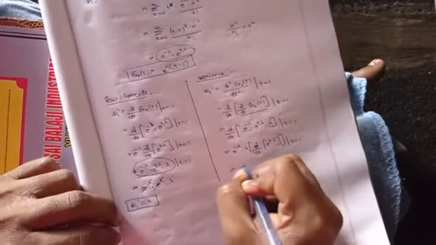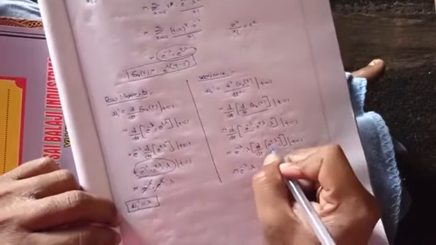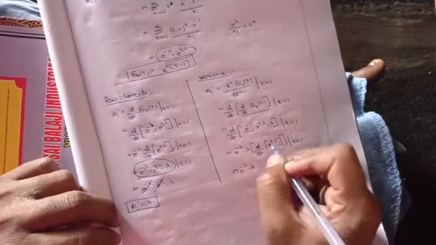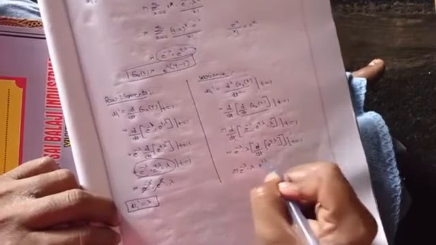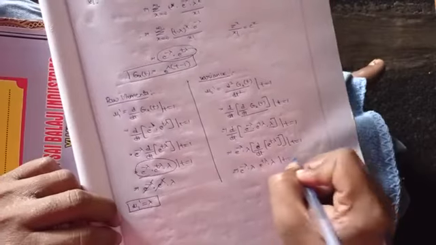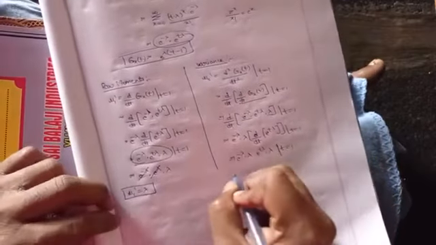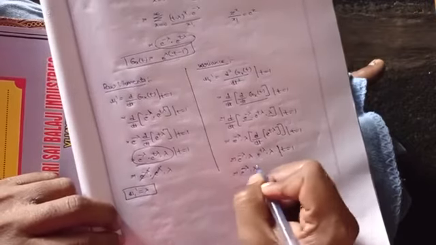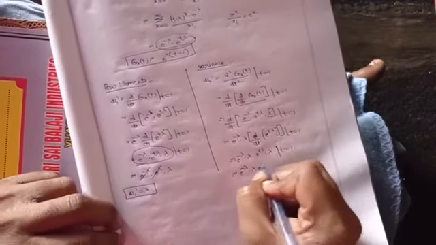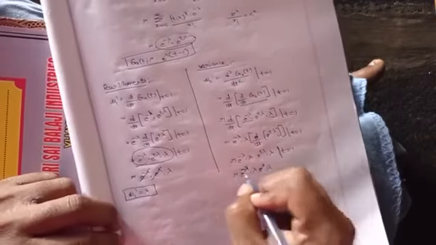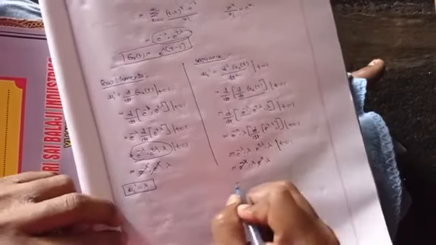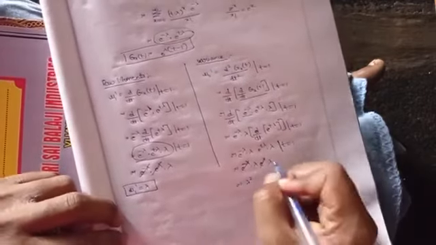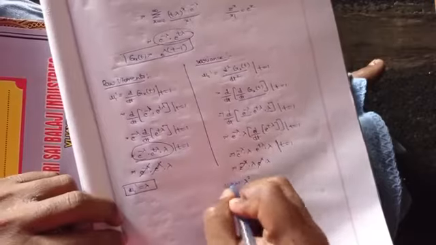So e power minus lambda into lambda, and differentiating with respect to t we get e power t lambda into lambda, at t equal to 1. Now substitute t equal to 1 in this equation: e power minus lambda into lambda into e power lambda into lambda. So e power minus lambda gets cancelled and we get lambda square. But I have already told in the previous video that